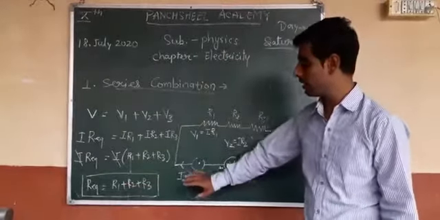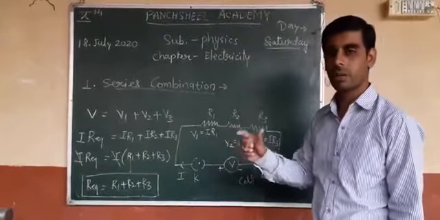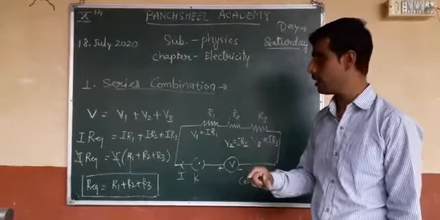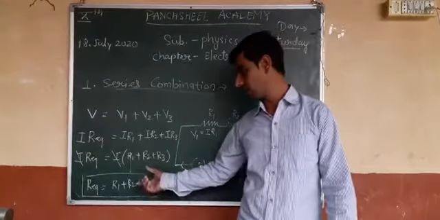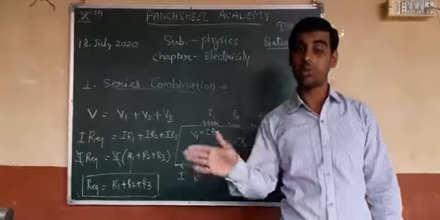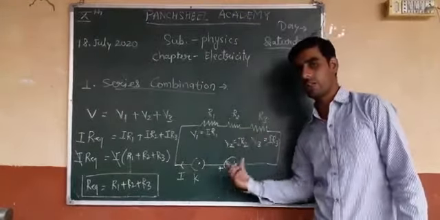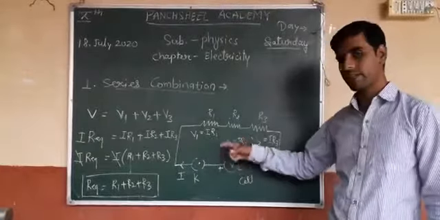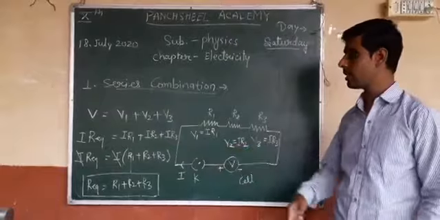Okay, this is the very important relation. अगर आपको तीन रेजिस्टेंस दे रखे हैं, तीनों की वैल्यू R1, R2 और R3, टोटल रेजिस्टेंस क्या होगा, तीनों का सम कर दें R1 प्लस R2 प्लस R3. And how to identify this circuit in series, because current is same in all the resistances. Okay, but voltage is different.